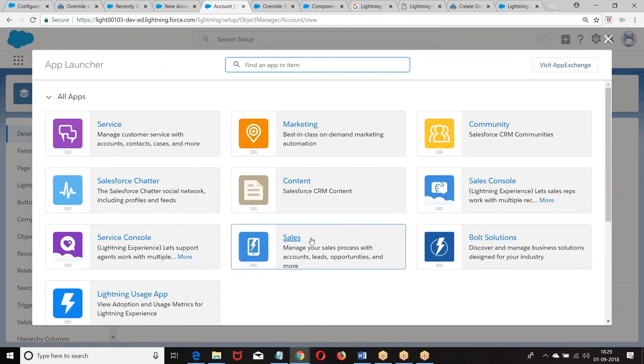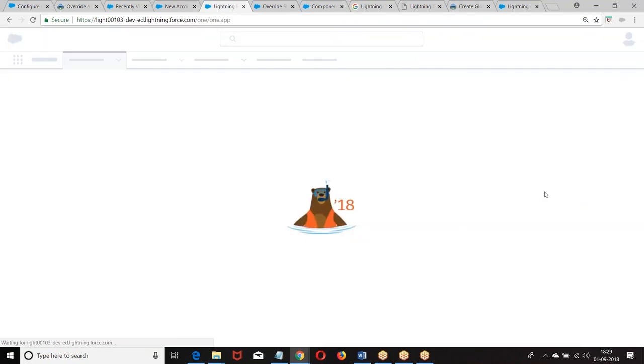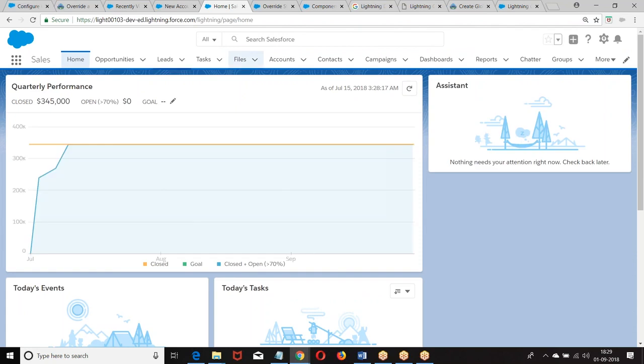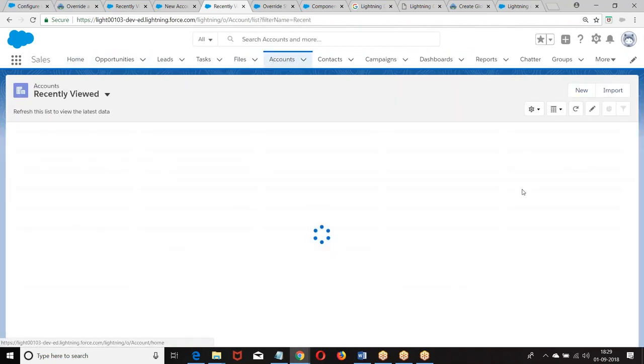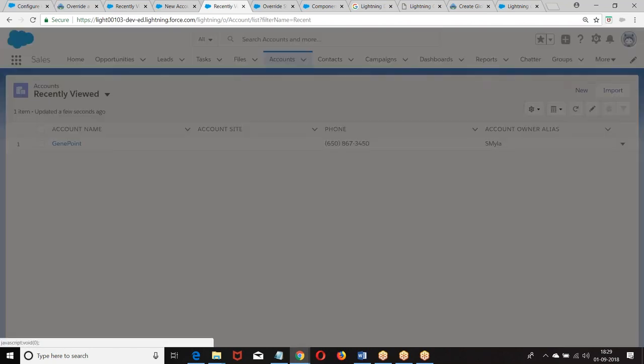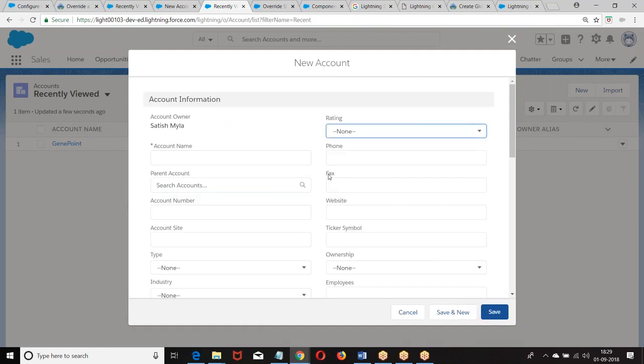Right, boss. This is the standard page layout that we have received. Now, I also want to create the same.